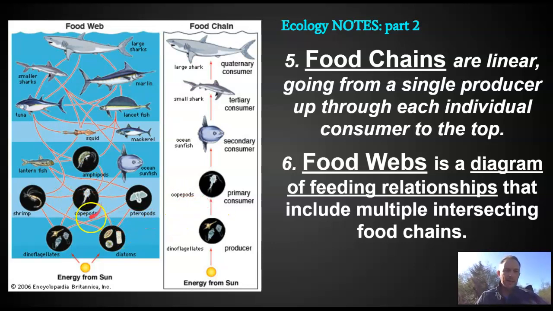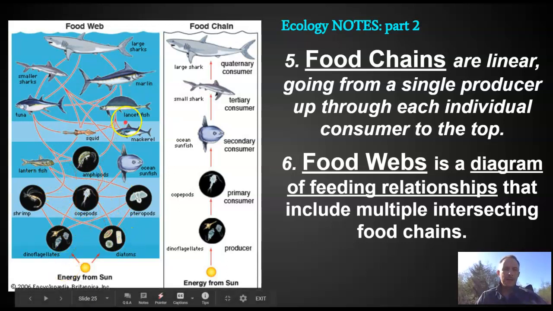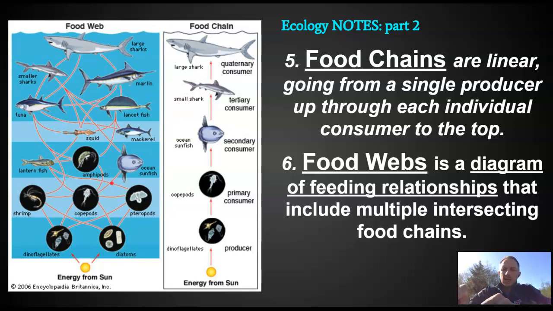Look down here, copepods, right in the middle. How many different lines or food chains could you make out of these, right? You could pull out all these chains out of this food web. So a web is made up of different chains. And things that intersect the most are the most important. In the ocean, copepods are by far the most abundant animal out there. Actually, probably the most abundant animal on Earth. They're like the little microscopic cows of the sea. They graze on all the phytoplankton, and everything else eats them. So if it wasn't for copepods, we wouldn't have things like salmon or whales or tuna or anything else, really.